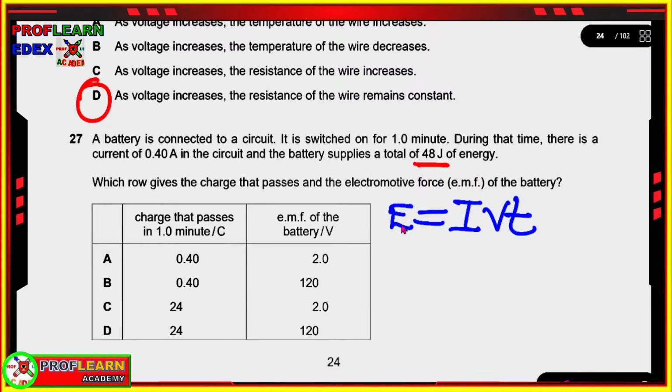So if the charge of what? We are told the energy is IVT. Of course, we are going to say 48 is equal to